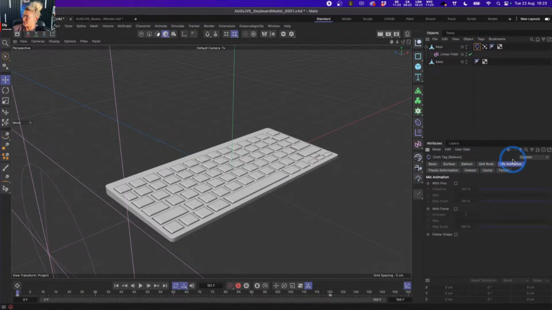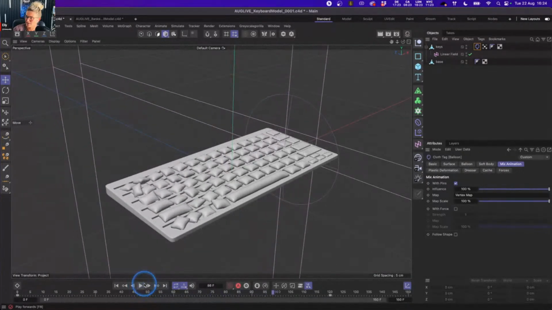So let's go to our mix animation. What mix animation is going to do is hold everything still and static based on our vertex map. So as our vertex map weight grows and increases from red to yellow, or 0 to 100%, as it turns yellow, the vertex map is then going to allow it to be simulated. So now as it grows, so will our simulation. So let's just throw in our vertex map. And now as we play this through,